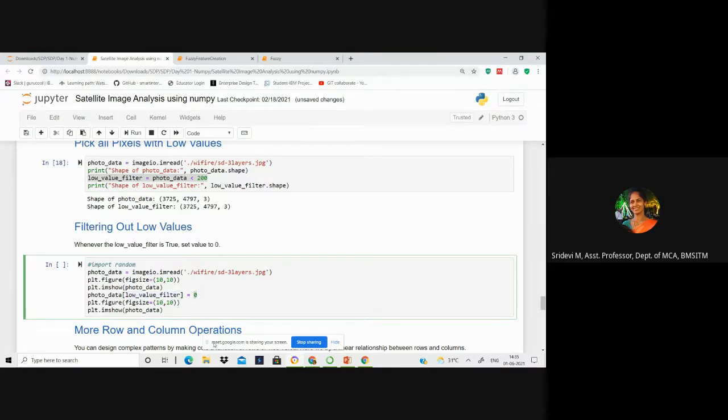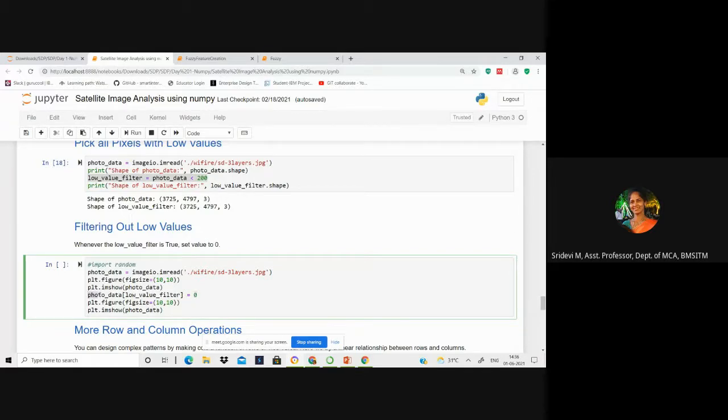What do we mean by this? Class, what do we mean by this? You are trying to suppress all the pixels where the intensity is lesser than 200, by making them 0.